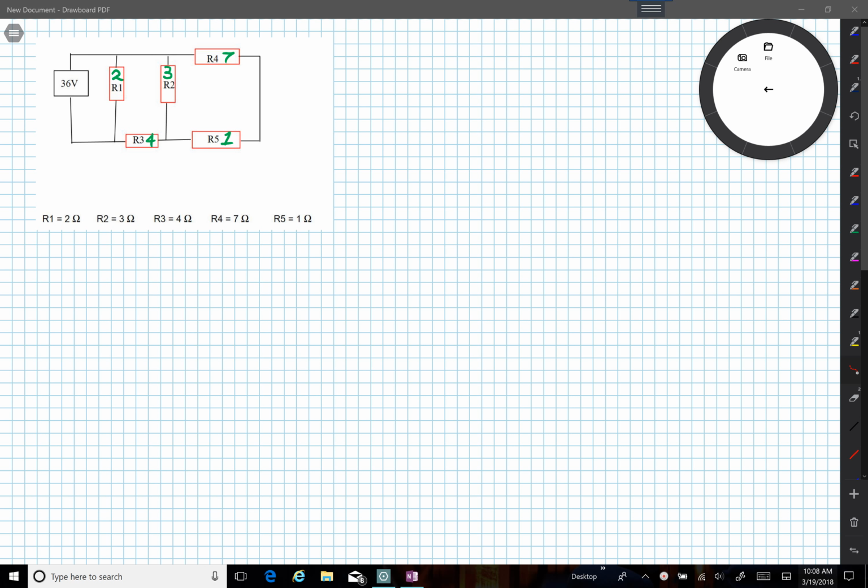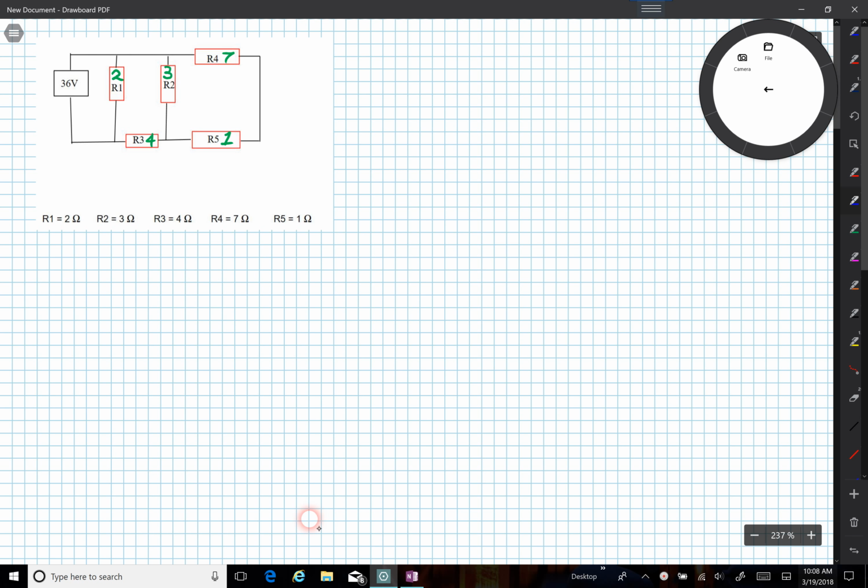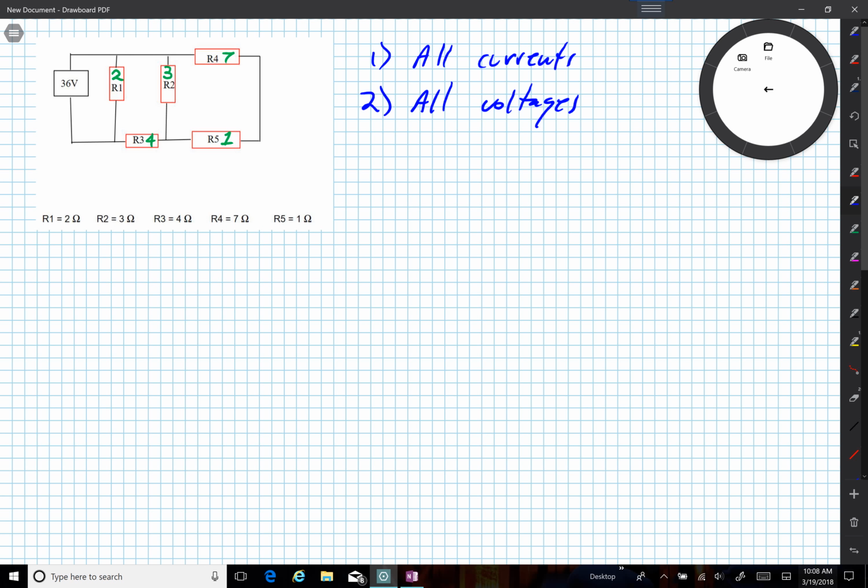So let me just analyze this. And when I say analyze a resistor circuit, what it means is I want to get all currents that are flowing everywhere in the circuit, and I want to get all voltages that are across. When I say voltages, voltage